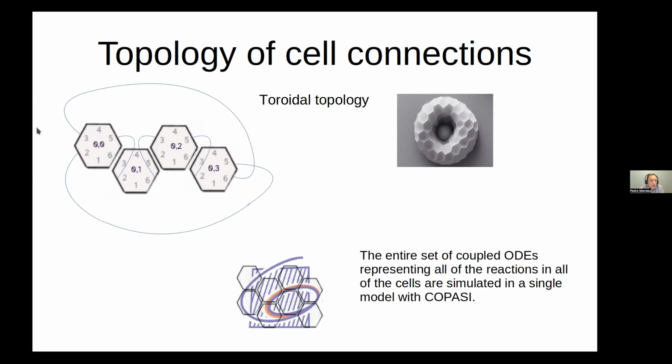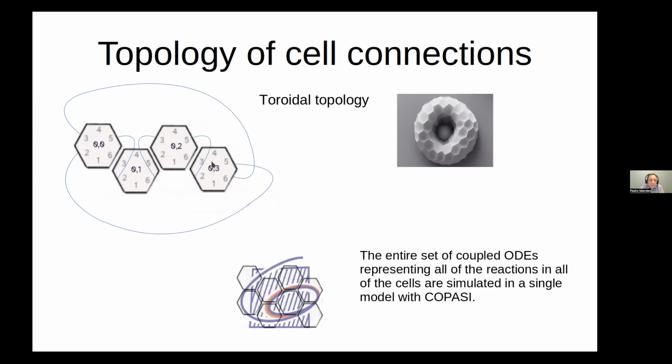But then also side 3 connects with side 6 on this side, side 2 connects with side 5 on this side 2 here connects with that side 5. This is basically a toroid, except that in this case it's only 4 cells. It's very hard to see them wrapping around themselves, but it is a toroidal approach. With a larger number of cells, it would be easier to visualize something like this. Okay? And so in this case, we're going to run the entire set of 4 cells with a single model